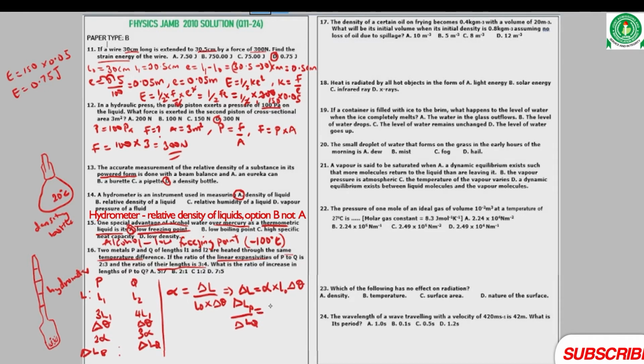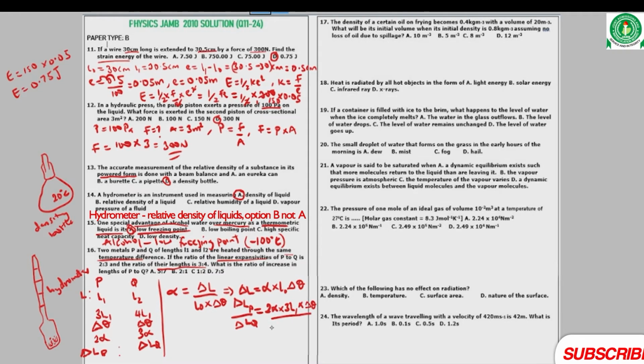To write change in LP, the linear expansivity for P is 2 alpha, so we have 2 alpha multiplied by L0, the initial length. The initial length of this one is 3L1. So we have 3L1 times change in theta,